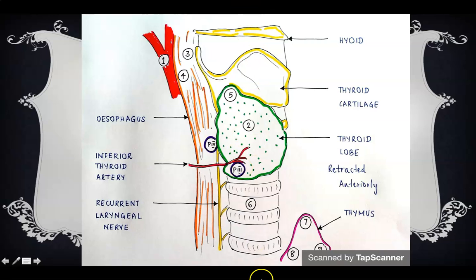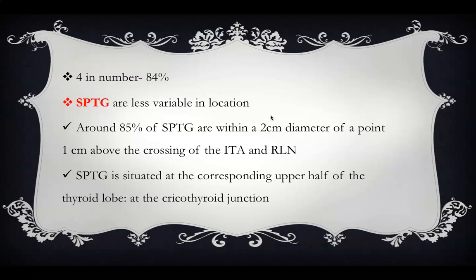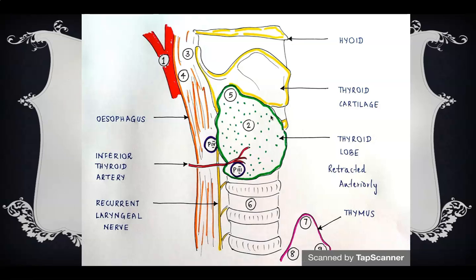So when you take a cross section, a cut section like this, you will see that the superior parathyroid glands are mainly present in the posterior part, and the inferior parathyroid glands are located more anteriorly, in cut section. So that's about it. And these are the points, 1, 2, 3, 4, that I have marked here. This is not important for you, but to make the topic interesting, this diagram is there.